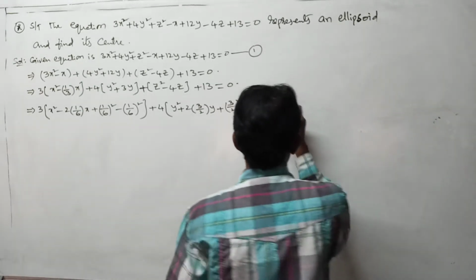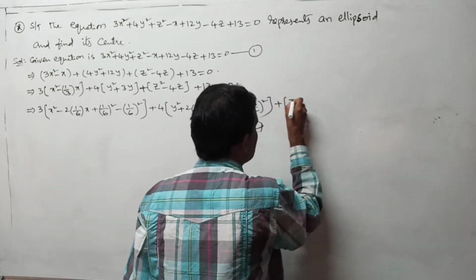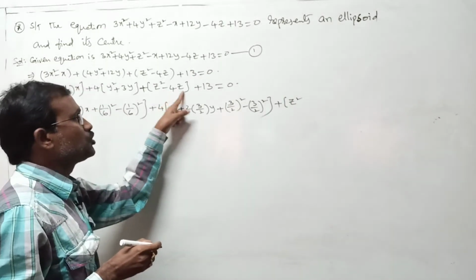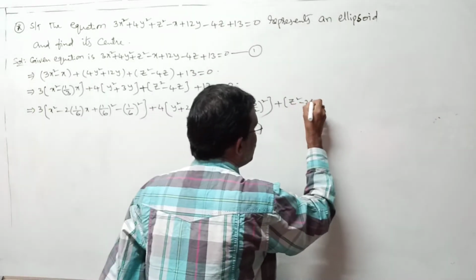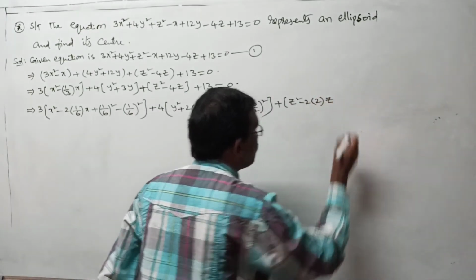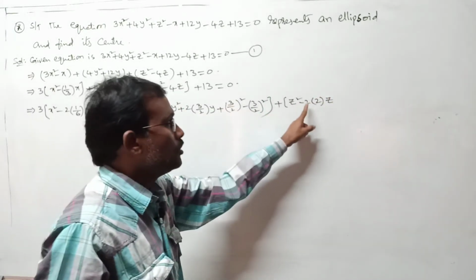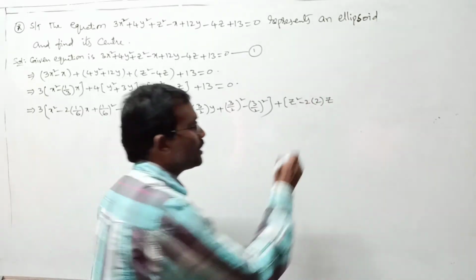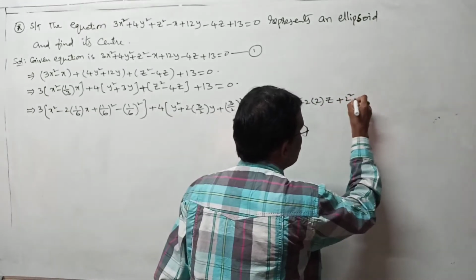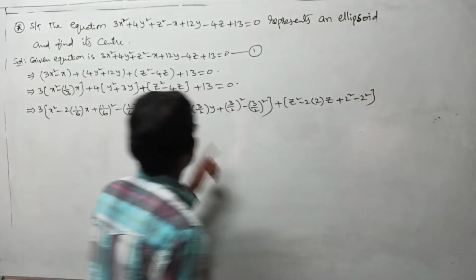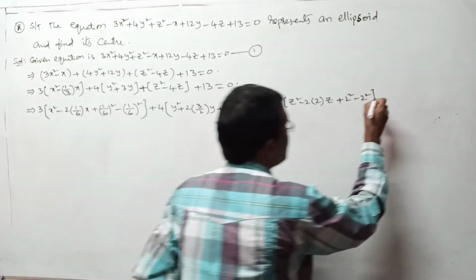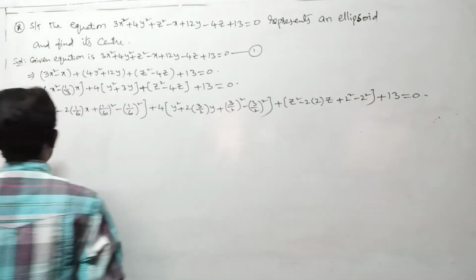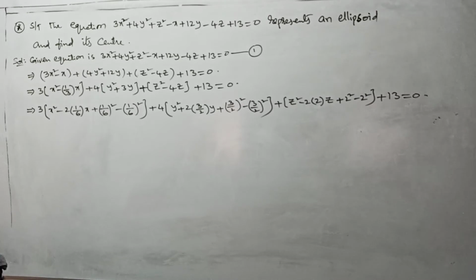Do similar way. Plus z square, it is a square, a minus b whole square formation. I am writing this as 2ab, means minus 2 into z. Any problem is there? 4 we are writing as 2 into 2. 2ab, b term is what here? 2. Now b square add and subtract. Plus 2 square minus 2 square. That is this. Plus this 13 I kept as it is equal to 0. I think you understood this complete rearrangement part, right?